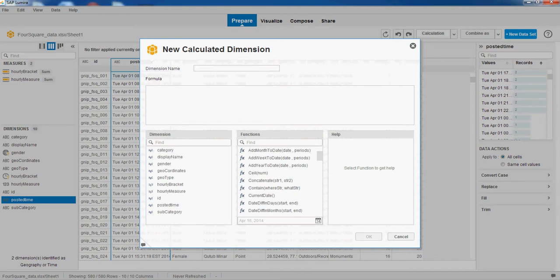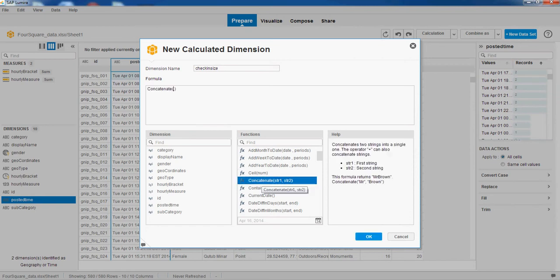I'll create a new dimension and call it check-in size, and I'll use the concatenate method to concatenate the hourly bracket and the display name. Sorry, something went wrong here. The hourly bracket and display name. Okay.